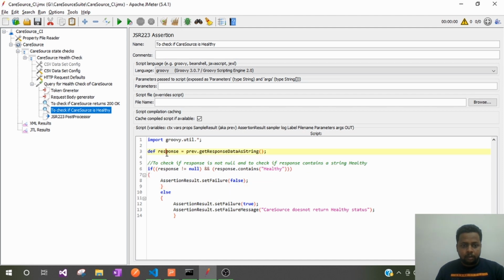Here I'm reading the response using the prev functionality. Prev is an inbuilt variable of Groovy, from where I can read the response, and then I'm checking if the response is not null and it contains a string called healthy, then I want my test case to pass. Otherwise I want my test case to fail, and I want this failure message to be displayed if the test case is not passed. So this way we need this type of assertions.